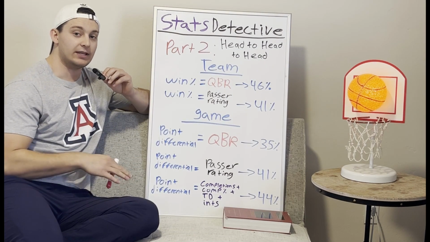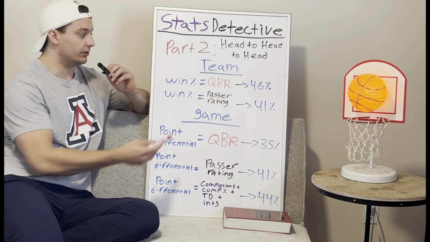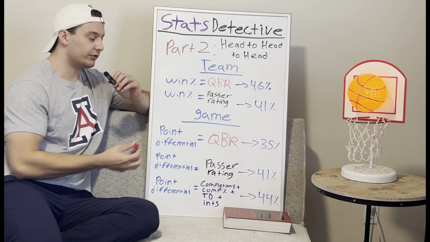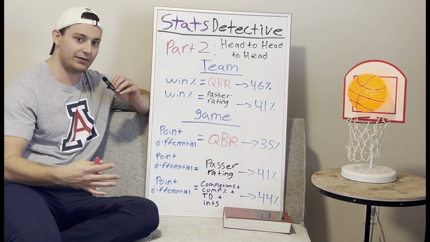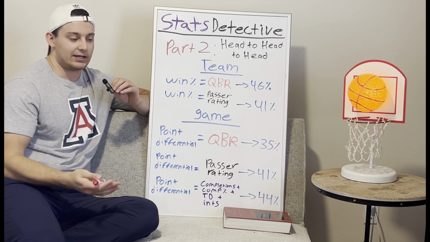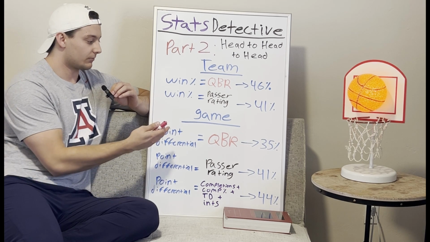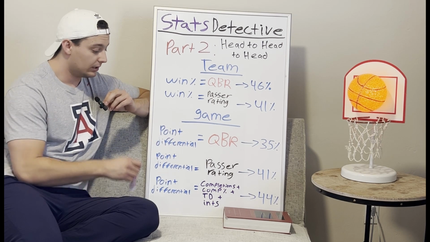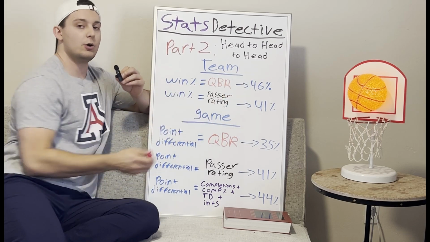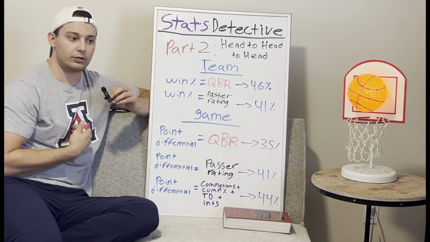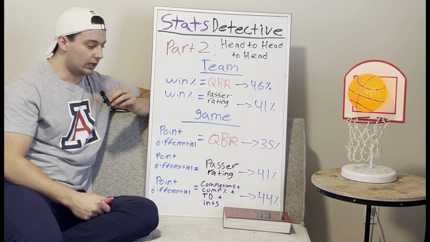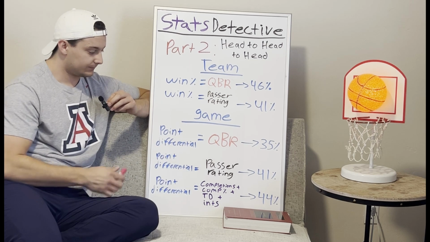Now we're getting into the actual analysis part. So it includes team data, game data. Before we get going on that, I want to say that the QBR versus passer rating thing has been done to death. I know that. You've probably all read an article or seen a video about it. So I'm not necessarily bringing new information to the table, except I'm going to compare it head to head with the way that I would do it if I were in charge of a team's statistical analysis plan or whatever. I wouldn't use any of these stats.